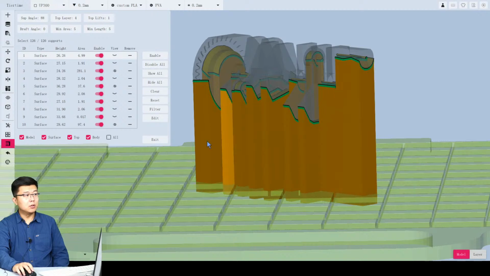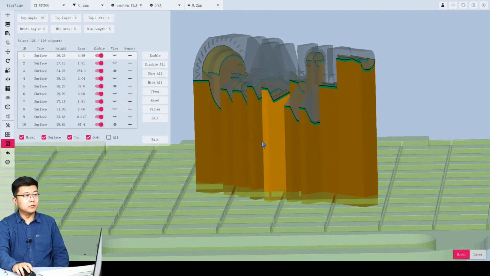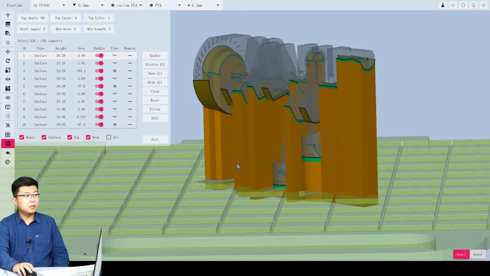And on the model, I can also select an individual one, and then I click Enable, Disable. Then I can just disable a particular support column here, or I can click on the surface to enable it again,